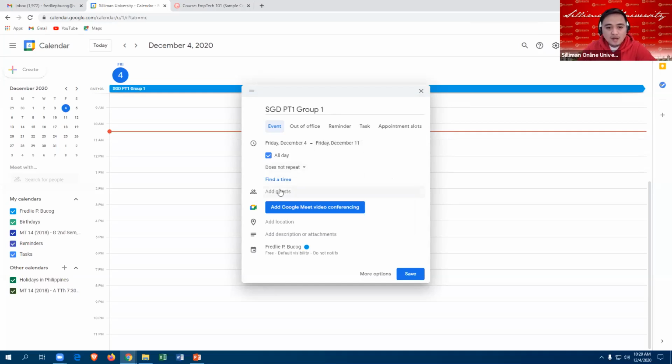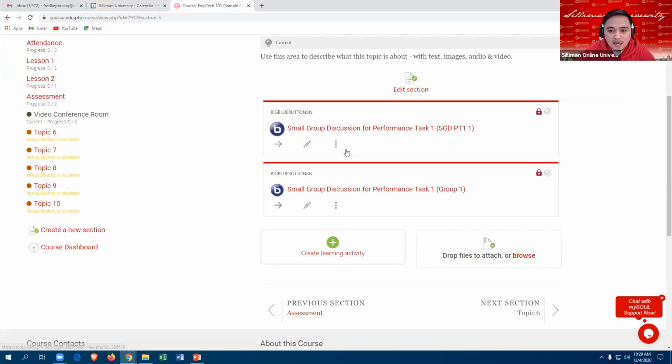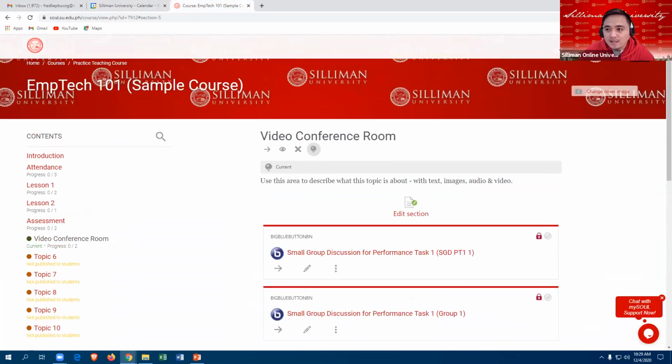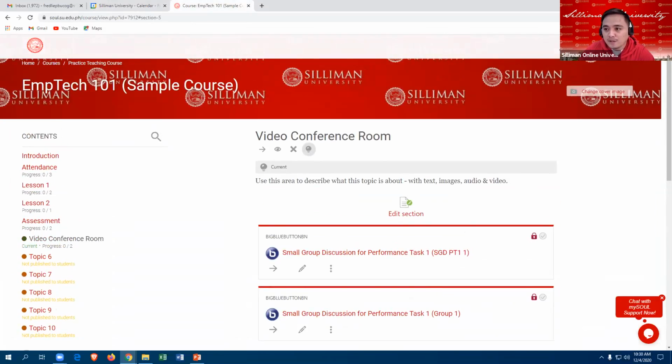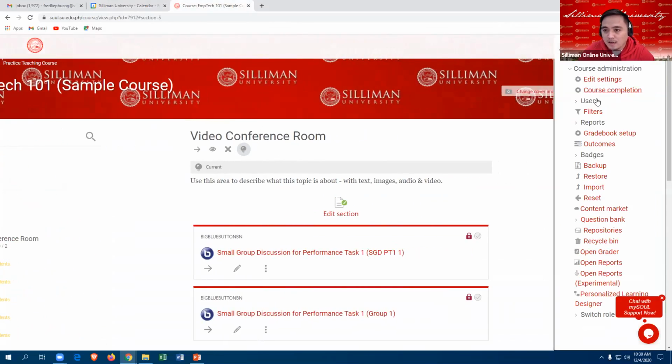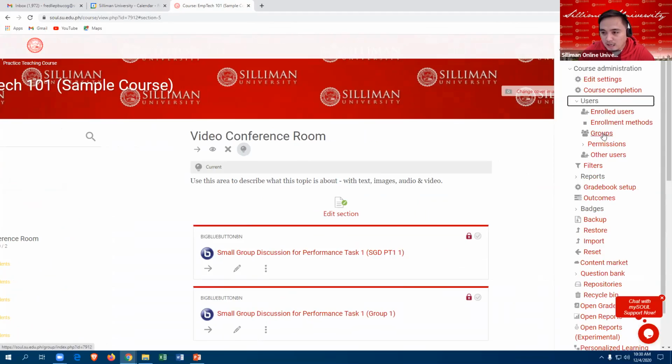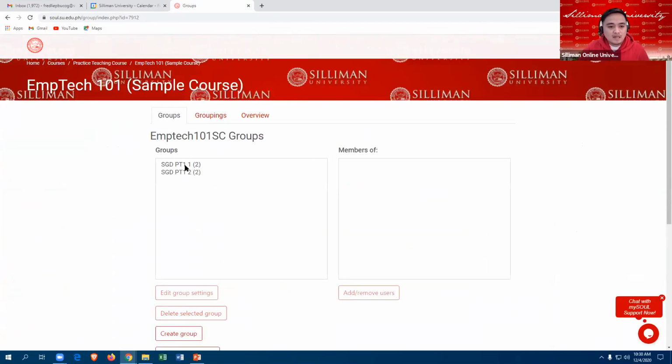And then you now specify the members. For instance, these members or guests are based on your groupings. So let's see in our MySoul the grouping or the group members. Click the gear, then users, and then groups, and then you click.